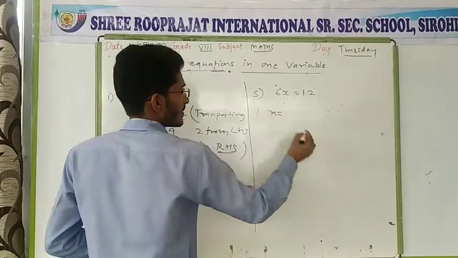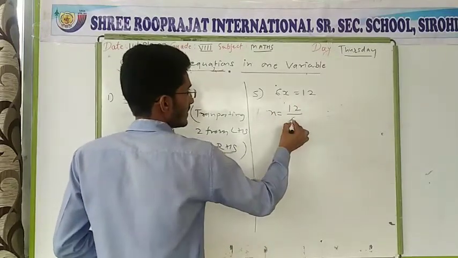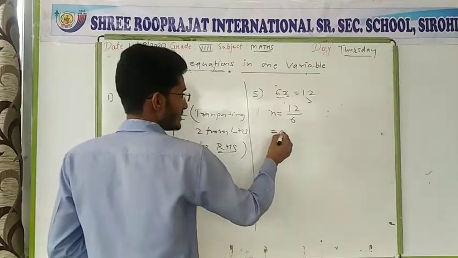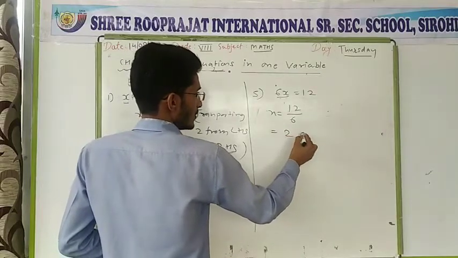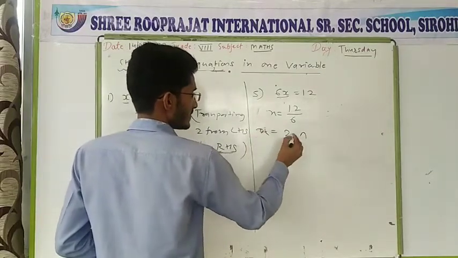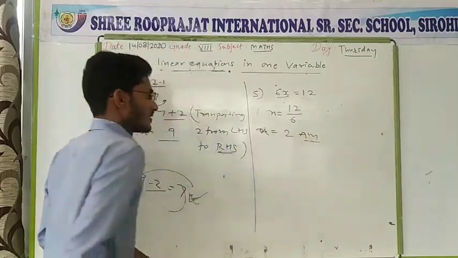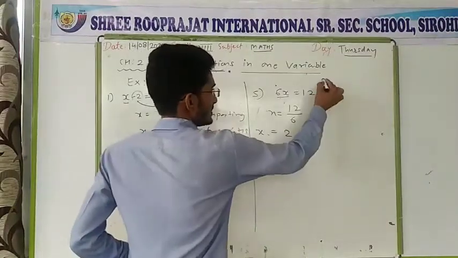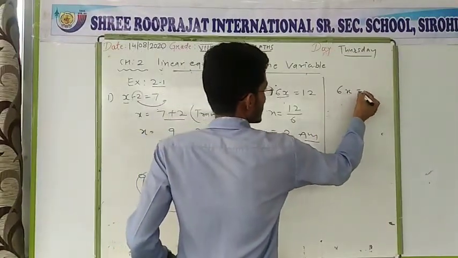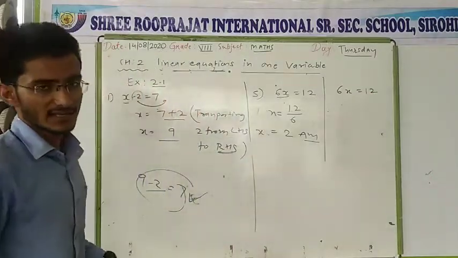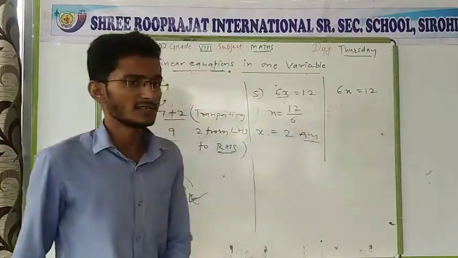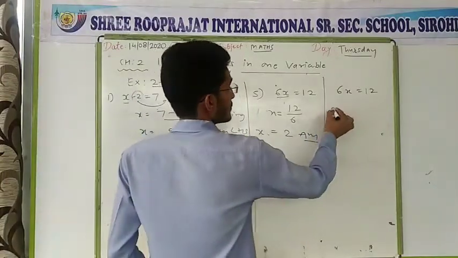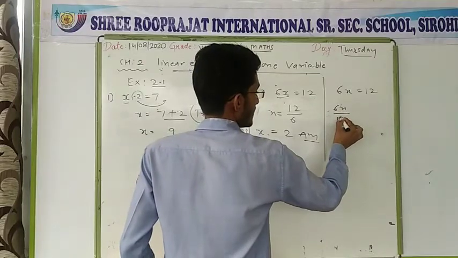so x equal to 12 divided by 6, so it is multiplication, so in the right hand side it will be a divide. So 12 divided by 6, you will get 2 as the answer. Or even you can use another method, like suppose there is the same question, 6x equal to 12. You need the value of x, that means you have to remove the 6 which is multiplying with x. So if you want to remove that 6, you have to divide both sides by 6.